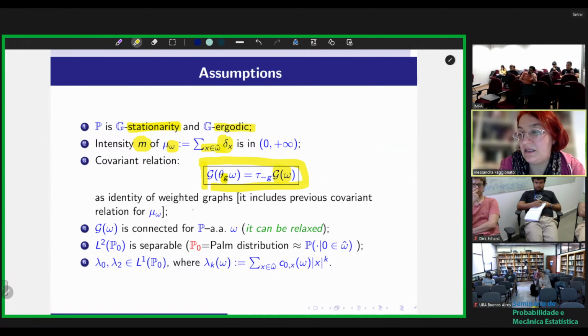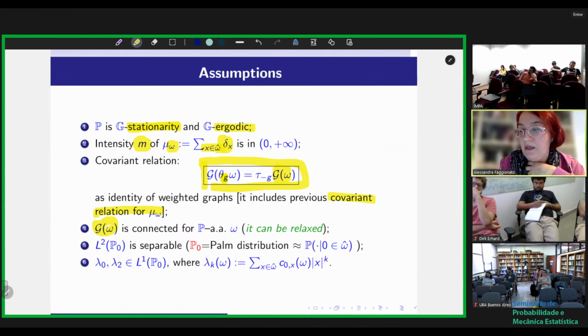And this is an identity of weighted graphs. Therefore, it's both an identity concerning the vertices and also an identity concerning edges and their weights. And the identity concerning the vertices is exactly the covariant relation for mu omega I showed you in the second part of my talk. Okay, and then I assume that the graph is connected, pure not surely, but this can